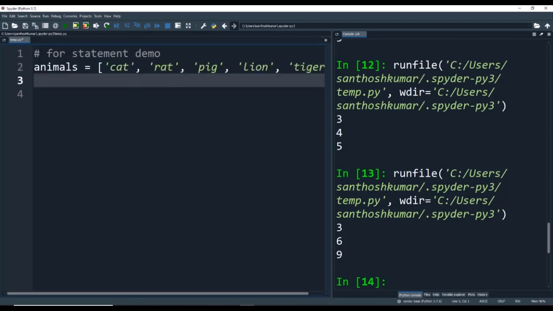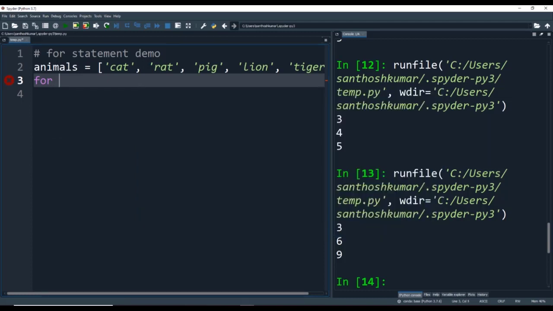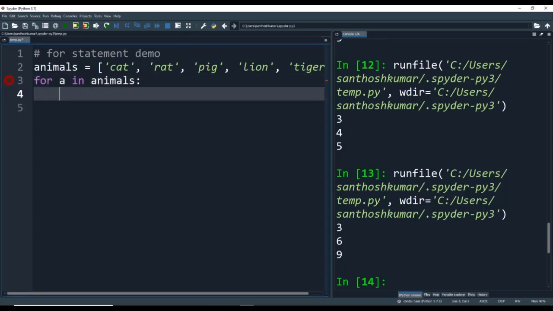Next I am typing in the for loop: for a in animals. This indicates that the variable in the for loop is a, and the for loop is going to iterate on the list named animals, and then I am using the colon.